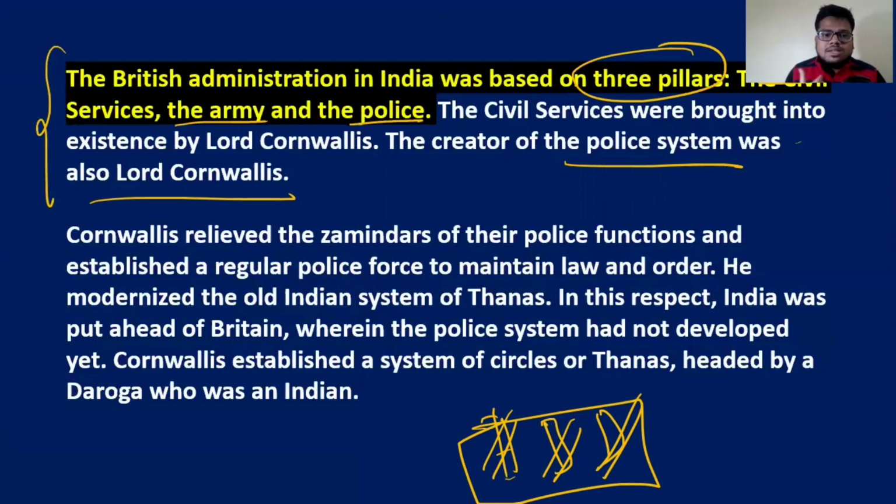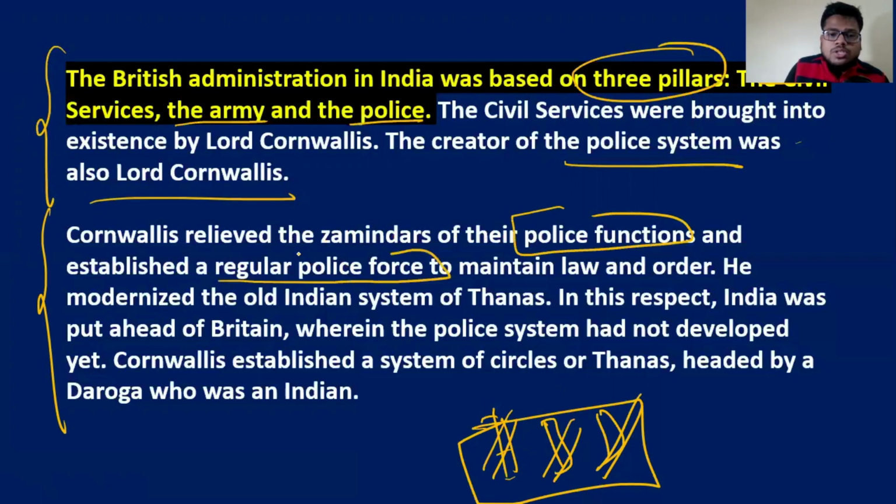And when this pillar starts to collapse, when these institutions start to collapse, that will be the end of the British Empire in India, or the Britishers will get to know this is it. No more British Empire can continue. So Cornwallis relieved the Zamindars of their police functions and established the regular police force to